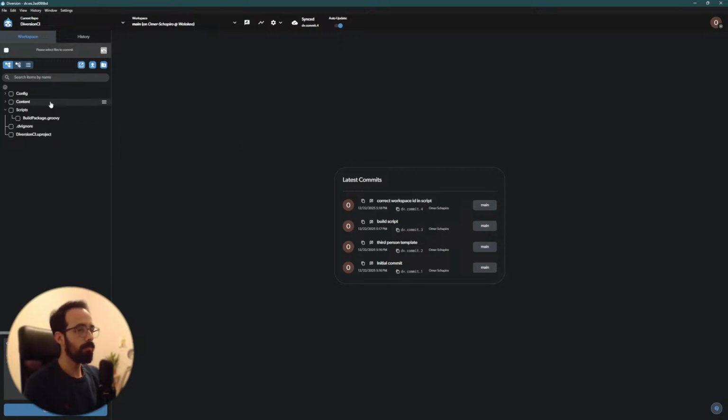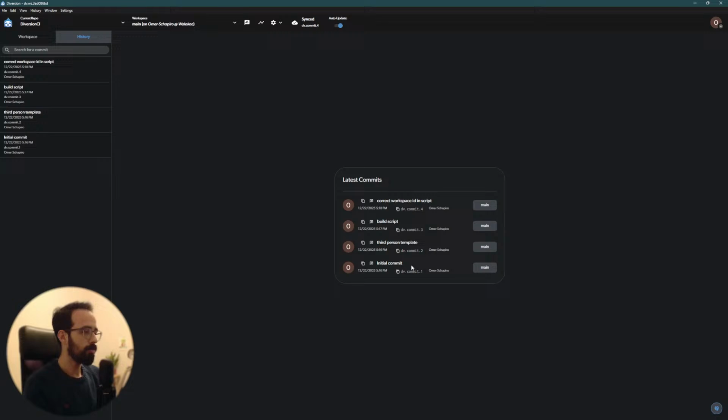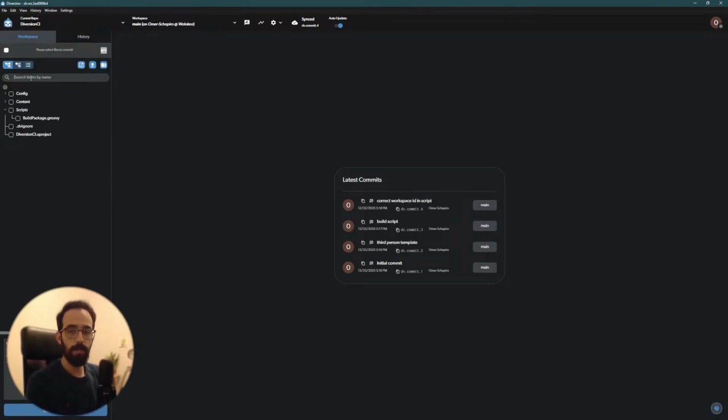Here it is, which is just a couple of commits deep, right? The initial template, and adding my build script. The script that we are going to use is the simplest setup to use the Diversion plugin. If you want to do things a bit more manually, you can be a lot more sophisticated with it, and you don't necessarily need to have everything set up this way, but if you are using the plugin, then you do. What I have here in the scripts folder is a file called